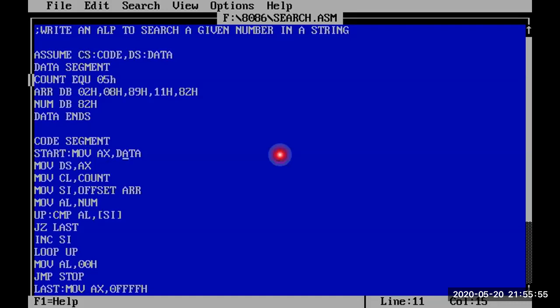Whatever the data is there, you are moving into AX, and again moving AX into DS. This is how you have to initialize the data segment. Next you have to initialize the count. During initialization of count, you can use either CX or CL. Here I am initializing CL as count. So what is our count? Wherever you are using this count, it will be initialized with the value 5.